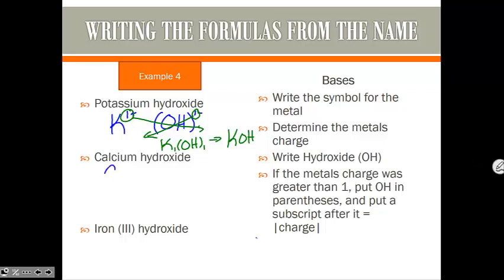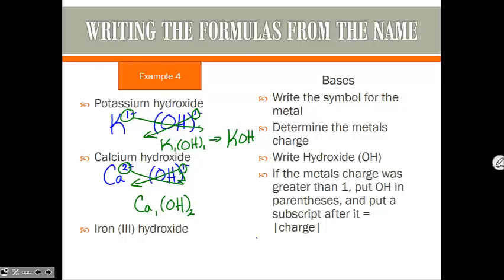Calcium is in the second column of the periodic table. It's always a +2. It has 2 more electrons than a noble gas. Hydroxide is OH with a -1 charge. So to neutralize this compound, we will crisscross those numbers down, giving us Ca1OH2. So the chemical formula for calcium hydroxide is